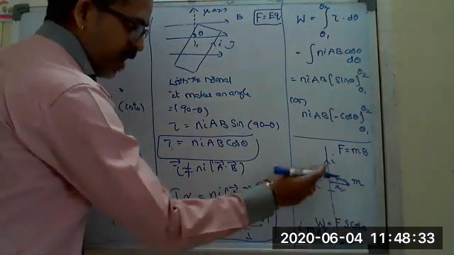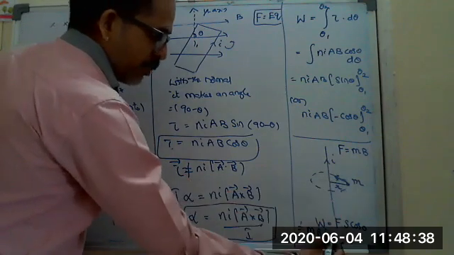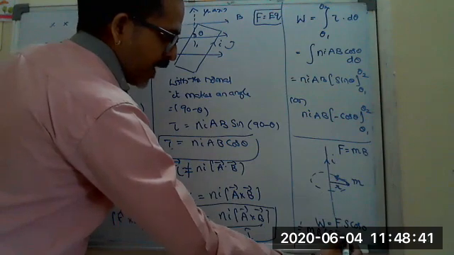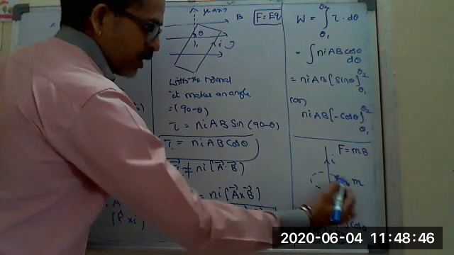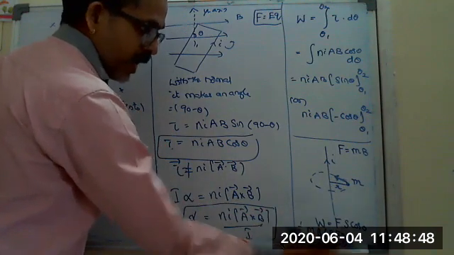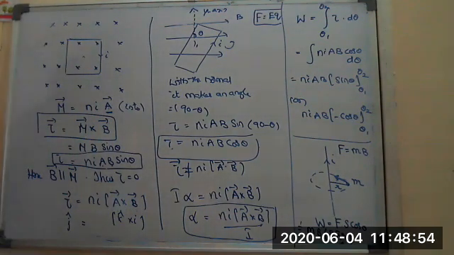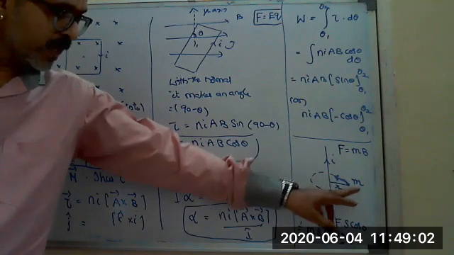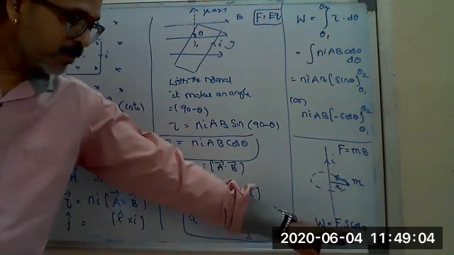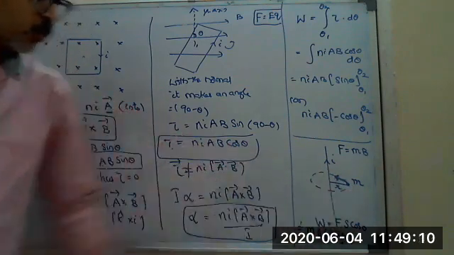He is asking after completing one circle, what will be the work done? One circle means the displacement will be 2 pi r along the path of the circle. Don't say 0. Don't get confused. Generally, when our motion is a straight line, when a person completes one circle, displacement is equals to 0. But here, force and displacement are in the same direction. Same direction means we have to take in the direction of force, the displacement is 2 pi r.